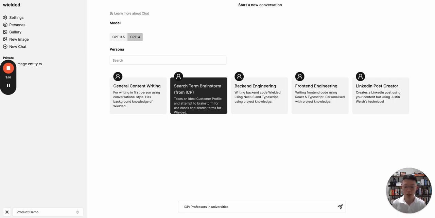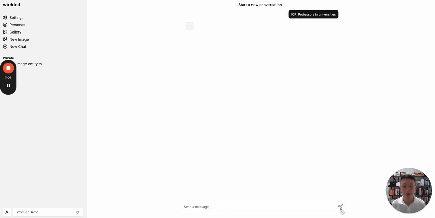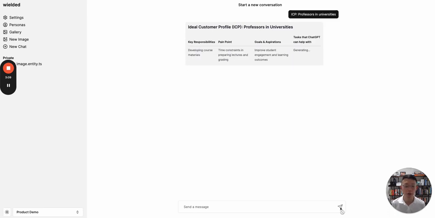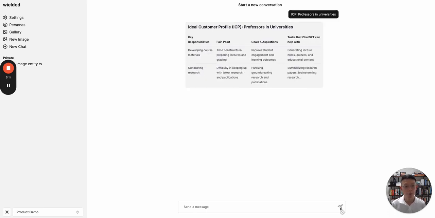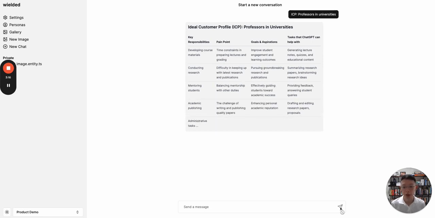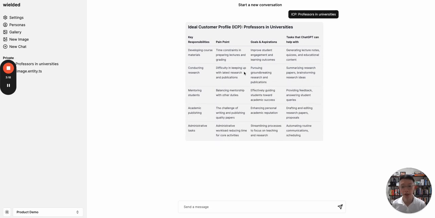So over here, I would say my ICP is professors in universities. And from here, it's going to try to print out the ICP profiles for professors in universities that Wielded can potentially help. So you can see that these are some key areas, the pain points and tasks that basically my app can help them with. And since this is actually a rather complex